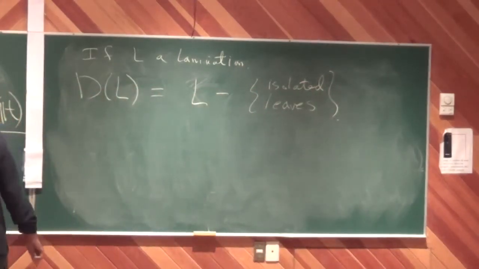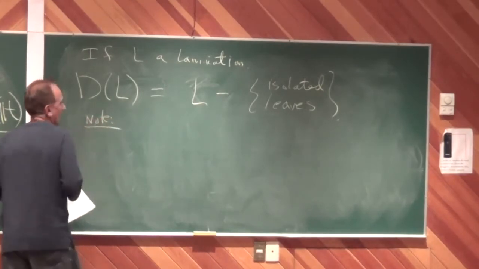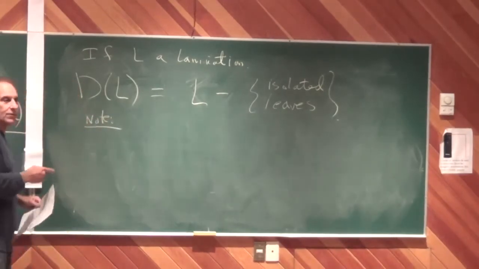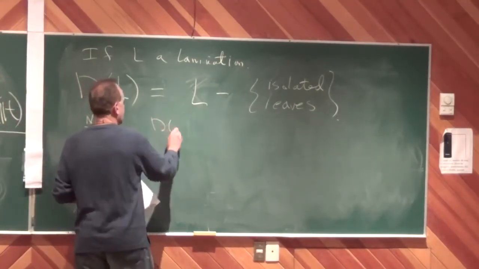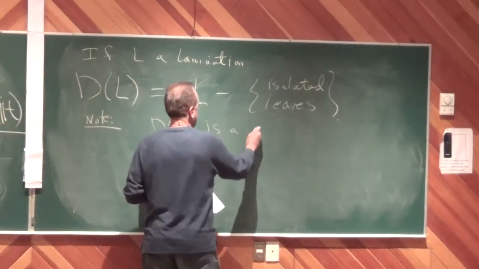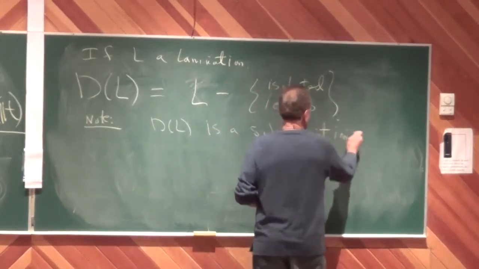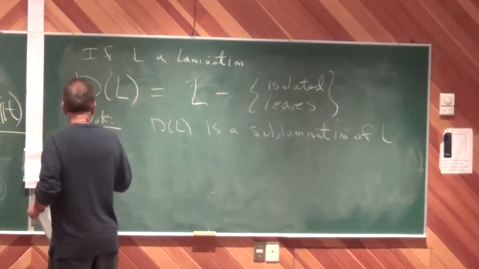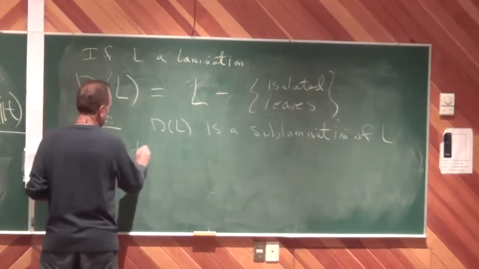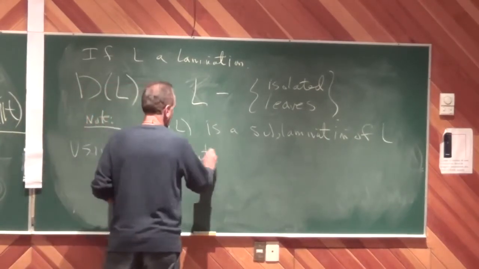Okay. And note, this is a closed set, so this is a sublamination of the original lamination. And using transfinite induction, you can define